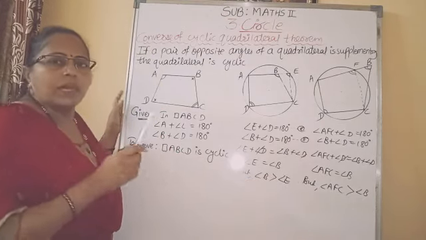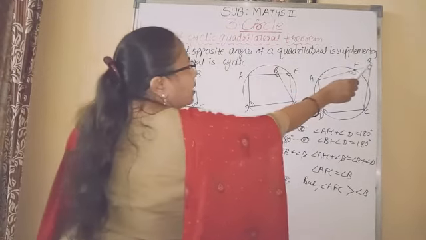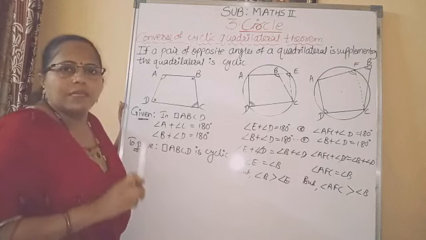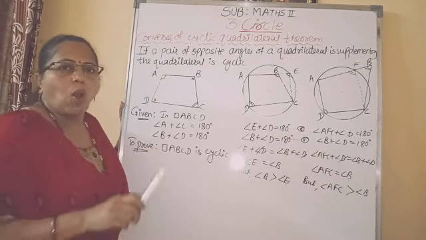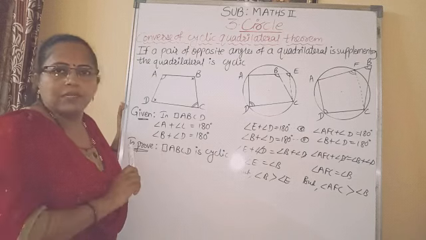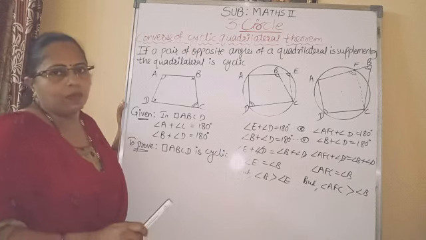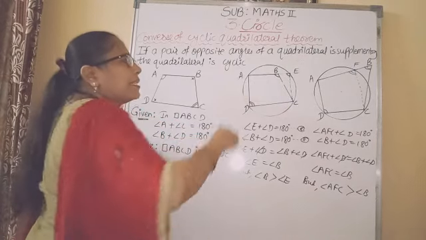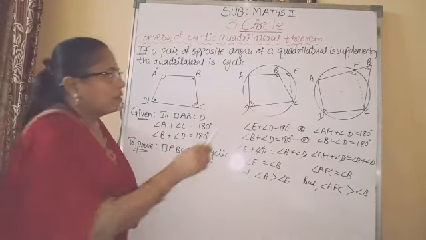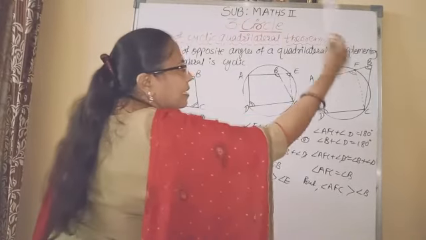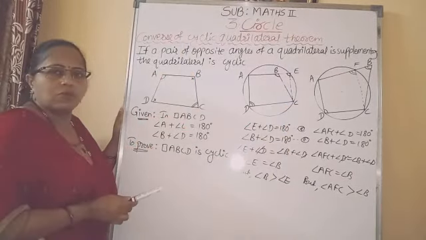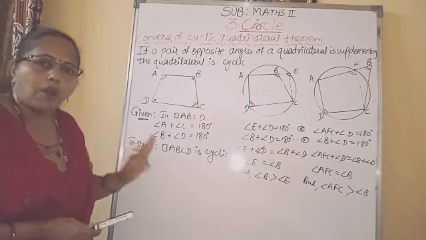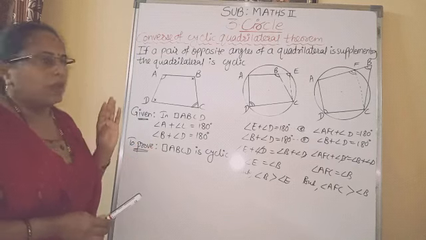So what we assumed, that point B is in the exterior of the circle, that assumption is wrong. Point B is not in the exterior of the circle. We got the first assumption wrong: B is in the interior of the circle is wrong. B is in the exterior of the circle, that assumption is also wrong. So the third possibility, B is on the circle.